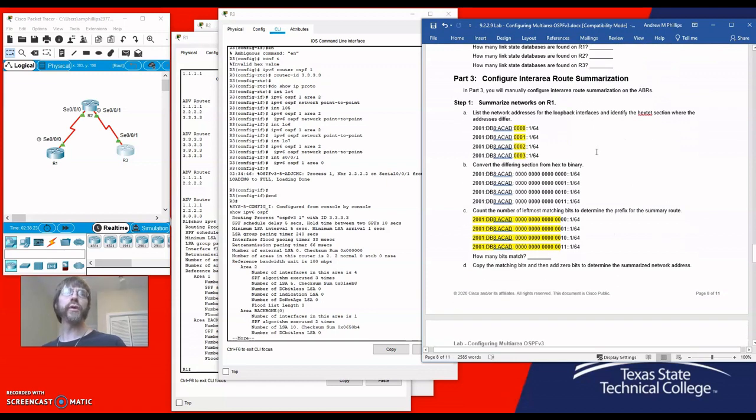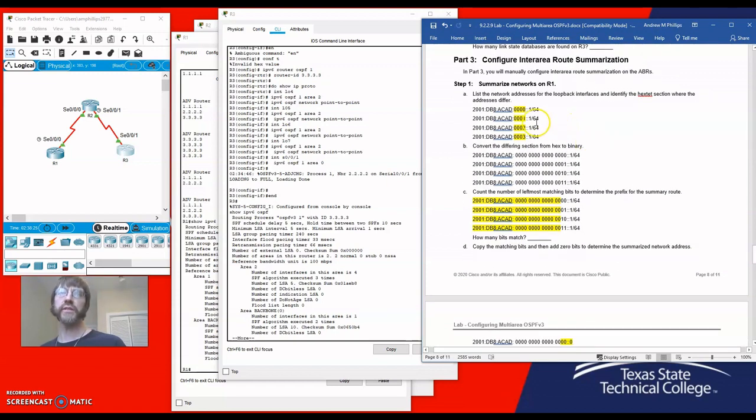What we're going to do is convert these summary networks. Basically what you have to think about doing is how much of these addresses they have in common, and then what prefix other than 64 will sufficiently summarize that. We're thinking more or less